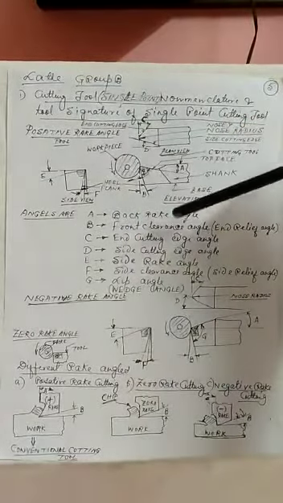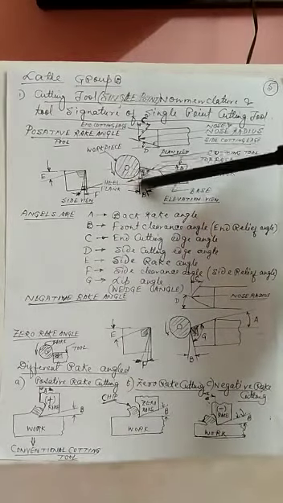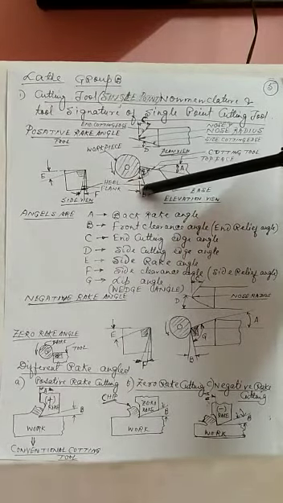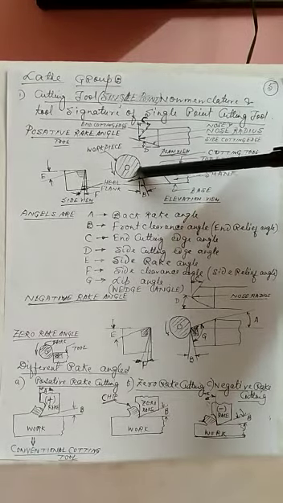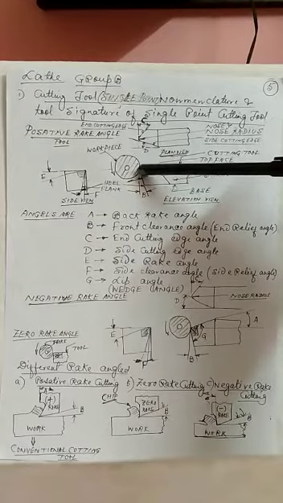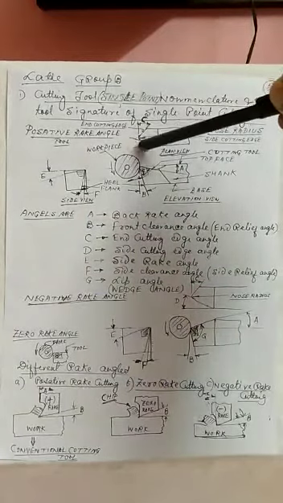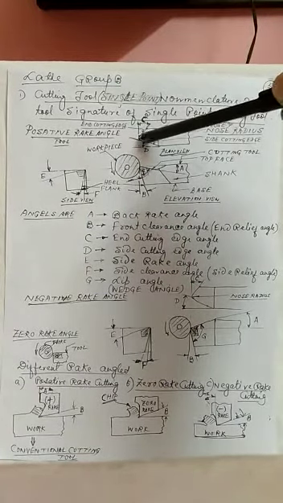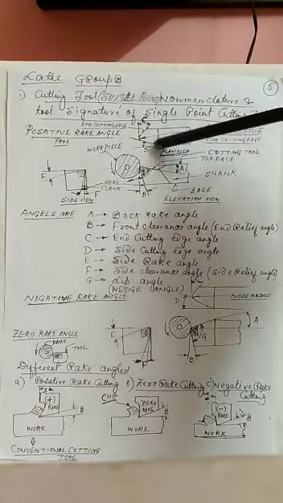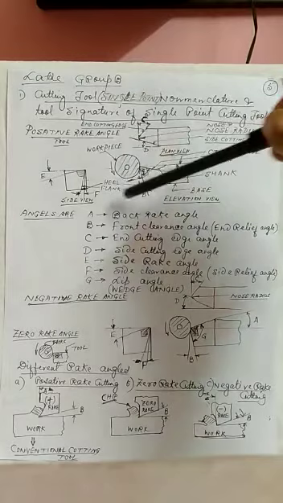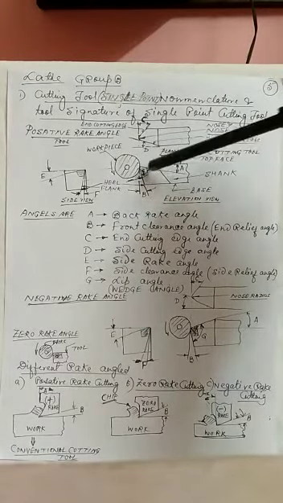Now the different portions: the body of this tool is called the shank, this front slant portion is called the flank, the lower portion is called the heel, and the angular portion here is called the lip. If I look from the top view, it has some radius, this is called the nose, and this radius is the nose radius. This face is called the end cutting edge, and this is the side cutting edge. So this is the total view of a single point cutting tool of positive rake angle.